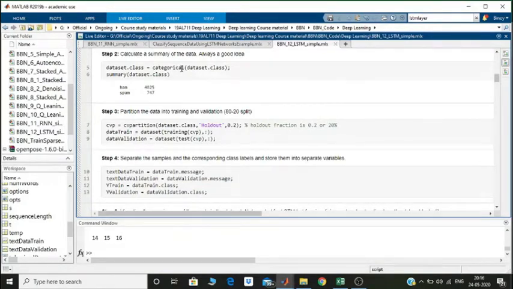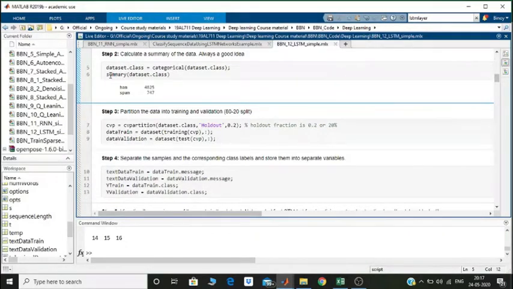So the input is dataset.class, the class column of the dataset table, that is getting converted from string to categorical, and that is again written back into dataset.class, which means that after this the class column of the table dataset would have been overwritten with the same data, but the data type would have changed from string to categorical.